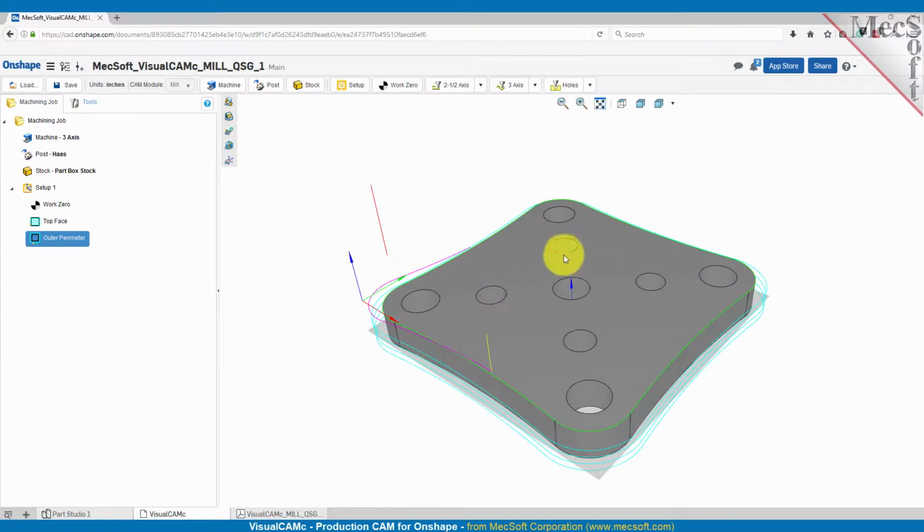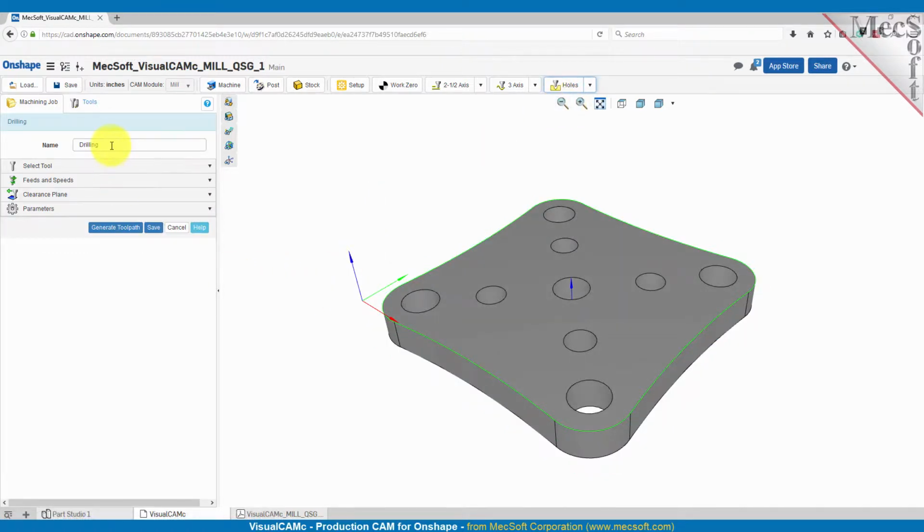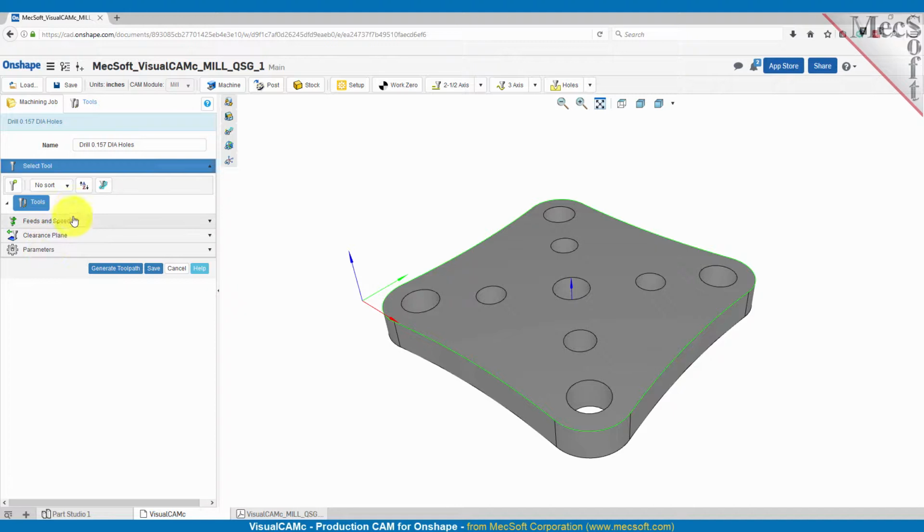Let's drill these 4 holes on the inside pattern. So let's go ahead and we'll go to the holes menu and pick drilling. And for the name, let's call this drill 0.157 diameter holes. Okay. For a tool, obviously we don't have a drilling tool created yet, so let's go ahead and